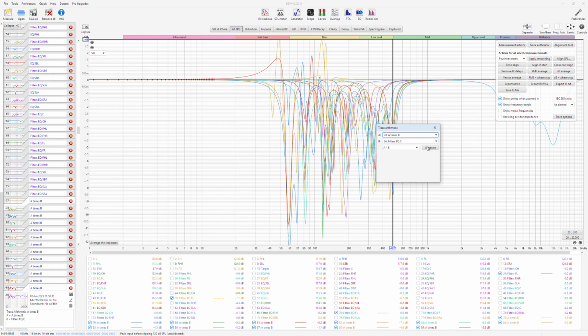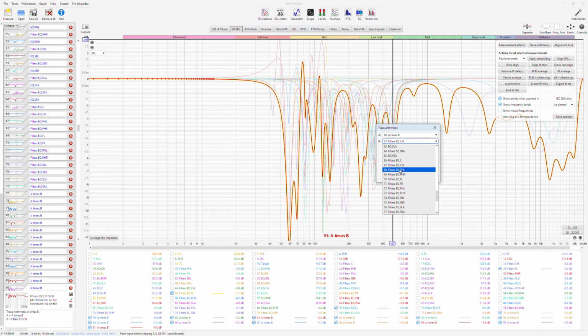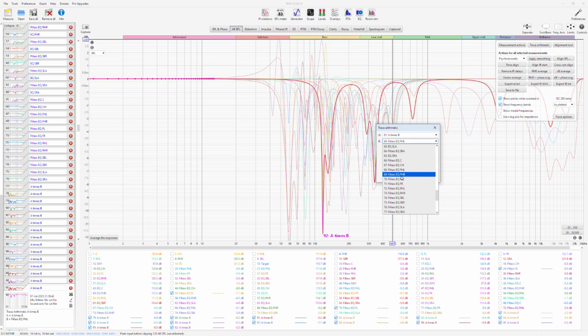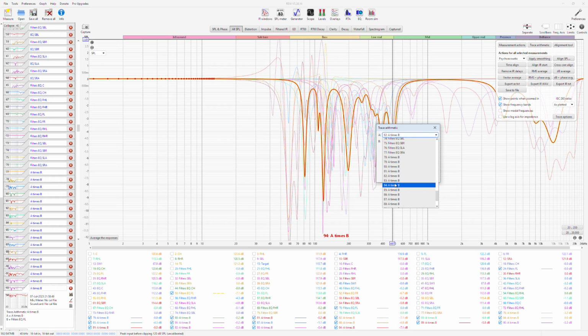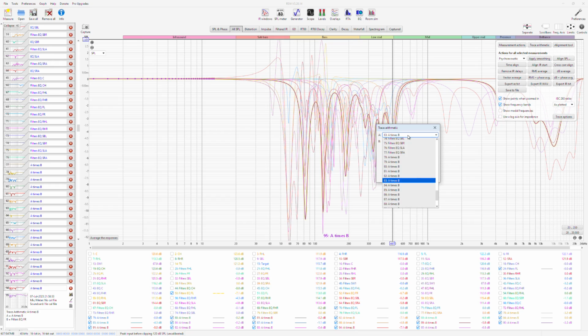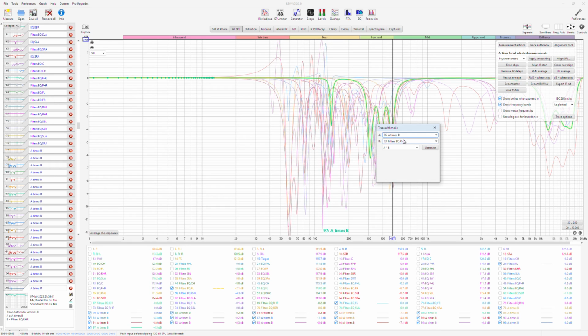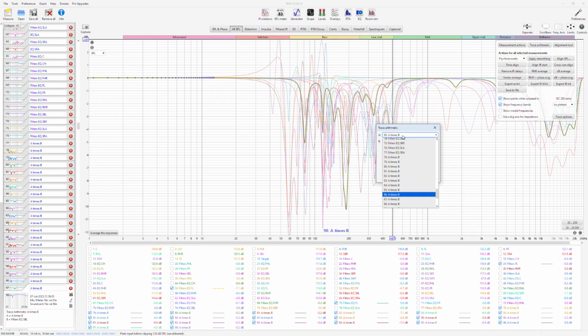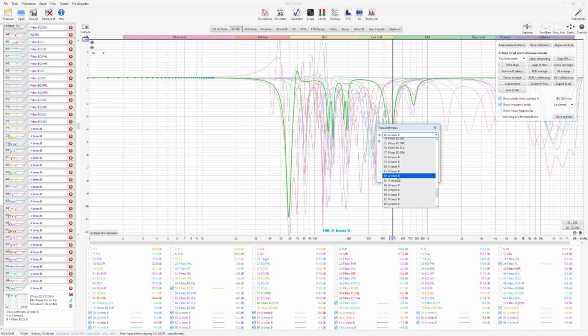78 times 66. And then 79 times 67. Just go one by one. 80 times 68. 81, 69, 82, 70, 83, 71, 84, 72, 85, 73, 86, 74, generate, 87, 75, generate, 88, 76, generate, 89, 77, generate.